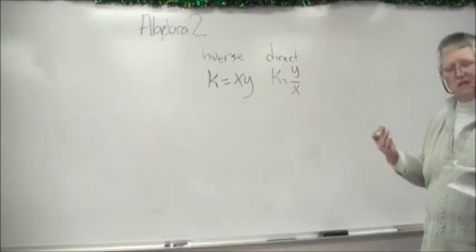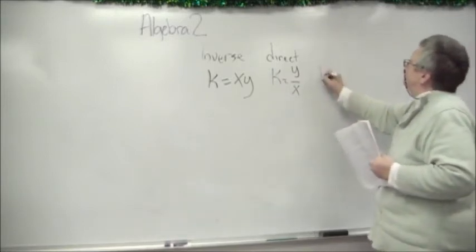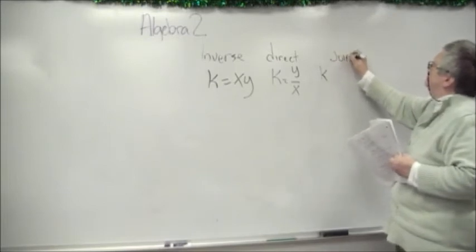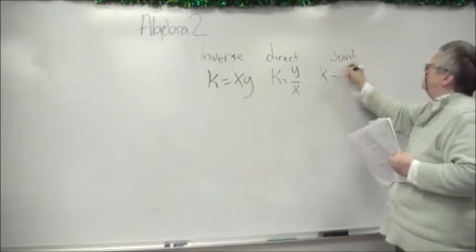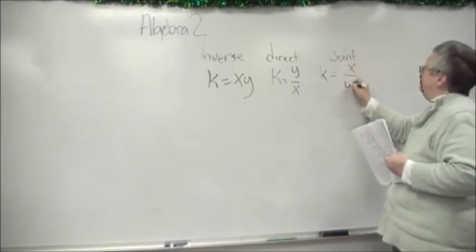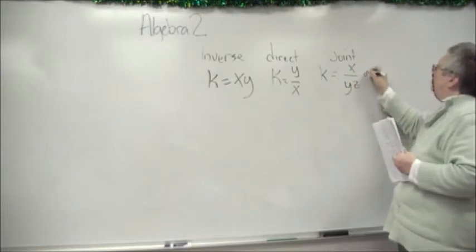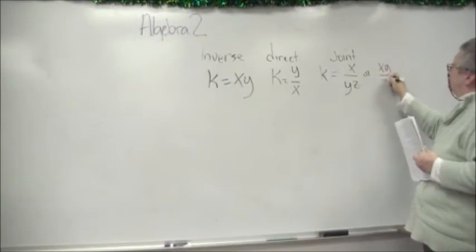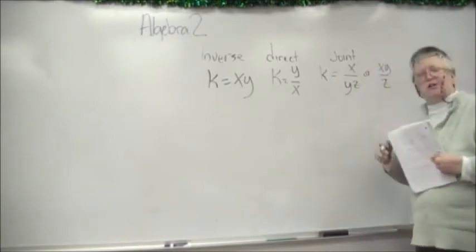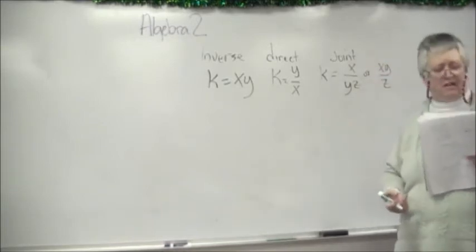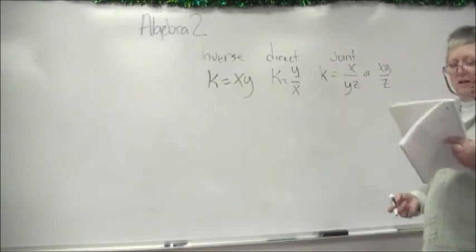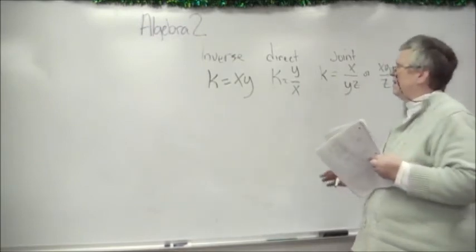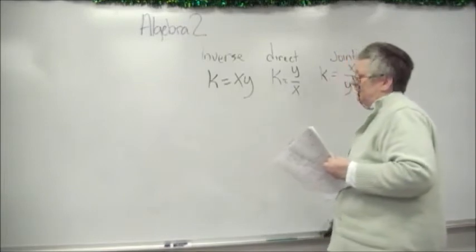When you have joint, you have 3 variables to do. So the joint one, and I'm just going to put x over yz, or it might even be xy over z. Any combination of that depends on how they state it at the beginning. So that could be any way that you've got. So one way I'm going to show about the joint one is